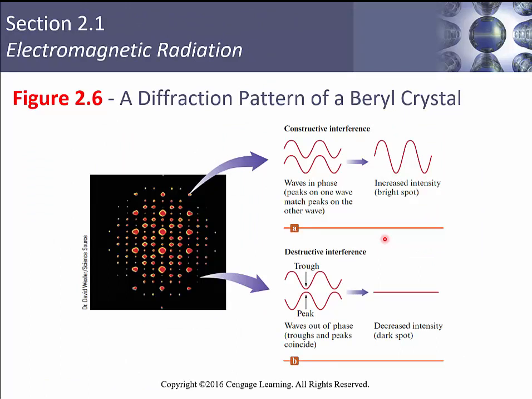You can actually buy those little glasses around Christmas time that, if you look at the Christmas lights, make it look like there's a snowman or something like that. Or if you get the tips for your laser pointer, those are another type of diffraction pattern that you can build, and the laser gives you the different constructive and destructive interferences that give you the pattern back out. So when you get peak to peak, you get positive reinforcement, a bright spot. When a trough and a peak meet, you get a decreased intensity and you get a dark